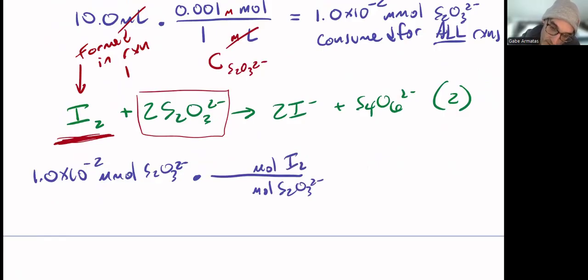And again, for every 1 mole of I2, 2 moles of S2O3 were consumed. I can simply say millimoles, as long as I put the same unit in front, they're the same thing. So the millimoles of S2O3 cancels, and what I'm left with is,